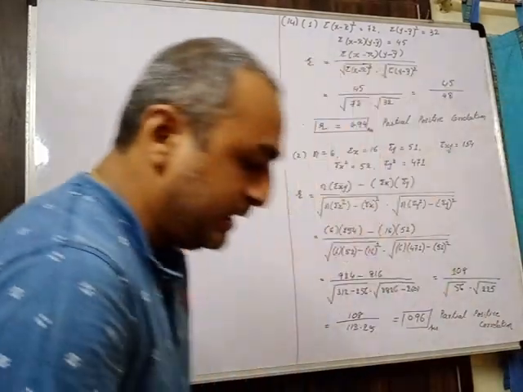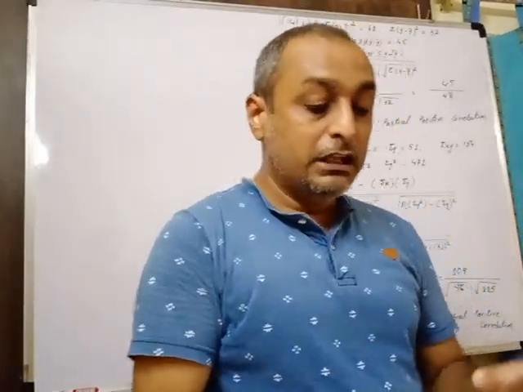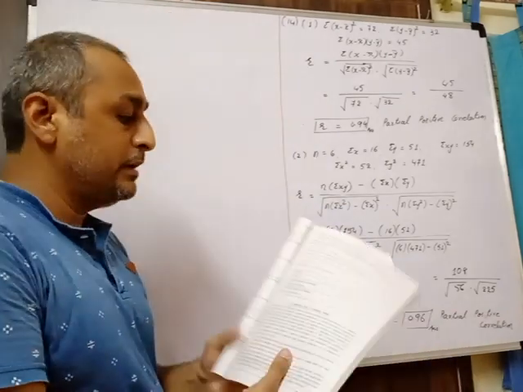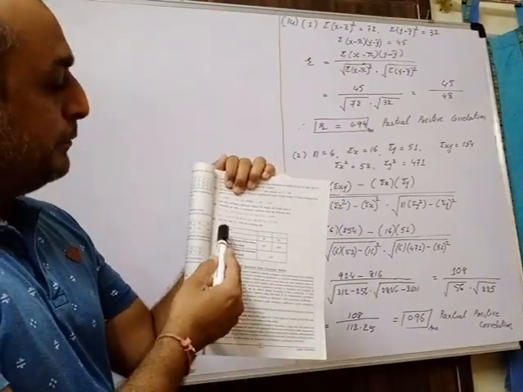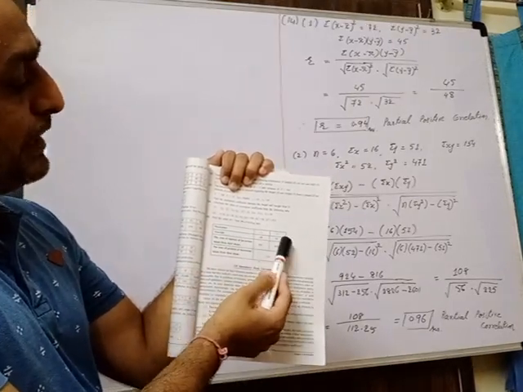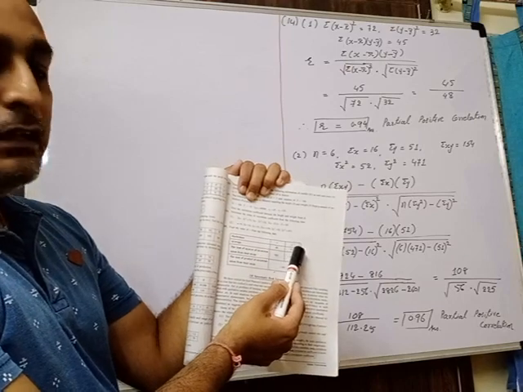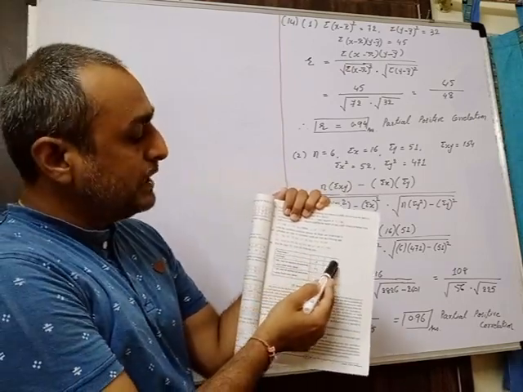See, I am reading the question. Find the value of R from the following data. Now the data is available in tabular form, and I will show you that data in the tabular form. Particulars x and y. The average of x and average of y is available, 60 and 95, given as x bar and y bar.